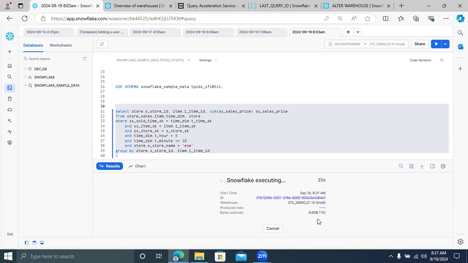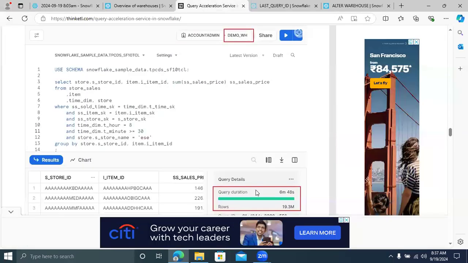See, the bytes scanned is still showing 1% for me. But it will run like 6 minutes, because as per the pictorial view, it will take 6 minutes 48 seconds to fetch the data, because the record count is 19.3 million.